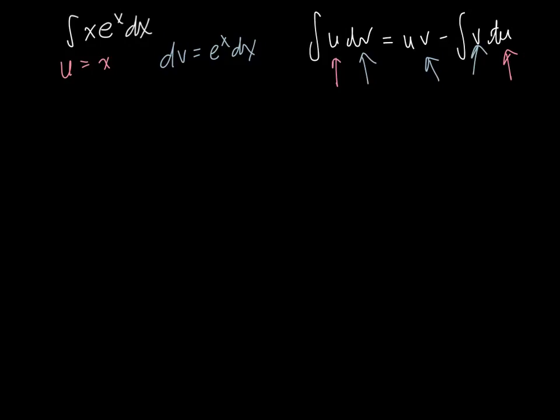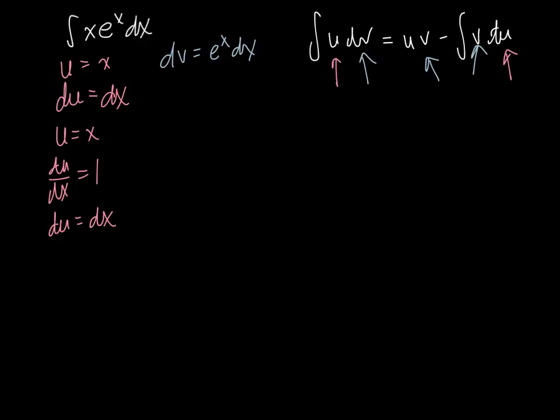All right, so we have u, we need to find du, we need to find the differential. So in other words, taking the derivative on both sides, the differential of u is du, and the differential of x is 1 dx, or just dx. If that makes you a little uncomfortable, you can think of it as the derivative of u with respect to x is 1, and then multiply both sides by dx, and the dx on the left-hand side will cancel, and we're left with du equals dx. So in any case, that's what we end up with, du equals dx.